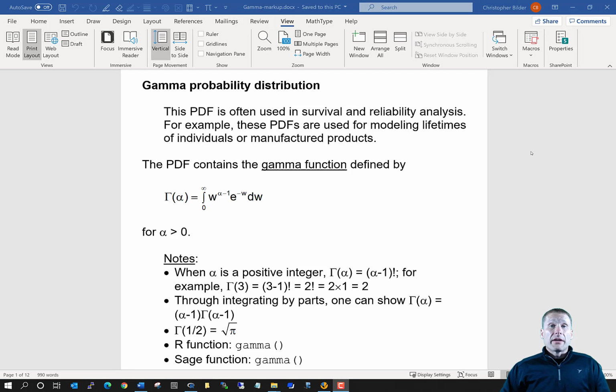Next, we're going to talk about the gamma probability distribution. This particular probability distribution is often used in a number of situations, such as dealing with survival analysis or reliability analysis. So, for example, if y was a random variable with a gamma PDF, y could represent, let's say, the lifetime of some kind of manufactured product, or it could be the lifetime of